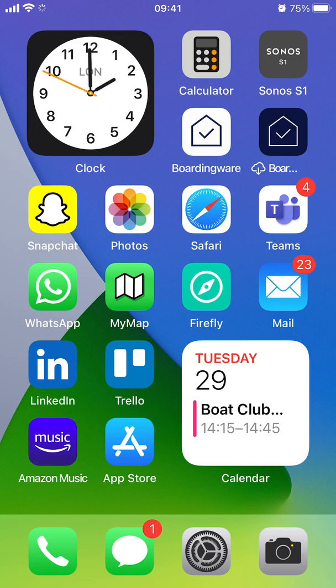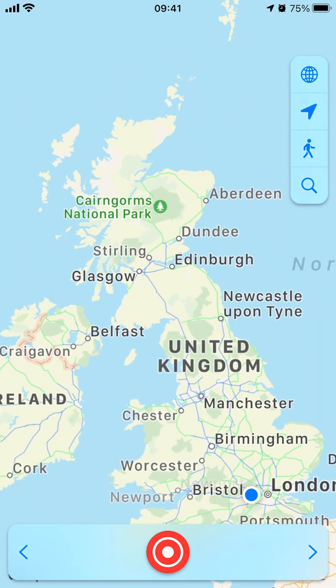I designed a workout tracking app that allows you to see all of your workout routes on one map, whether they be cycles, runs or walks or anything else. So if we click on MyMap in the center of the screen,